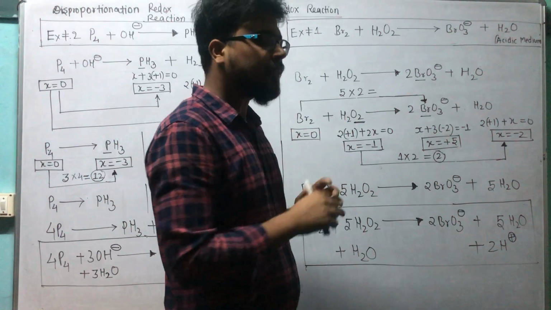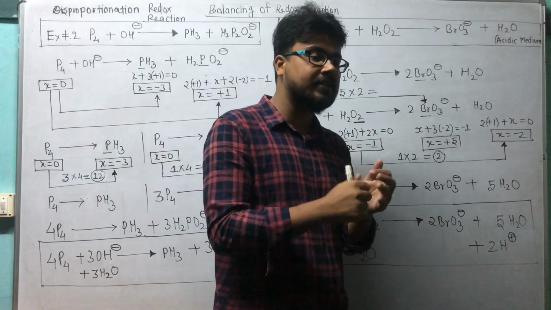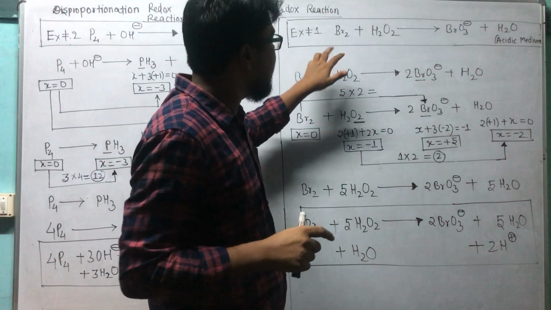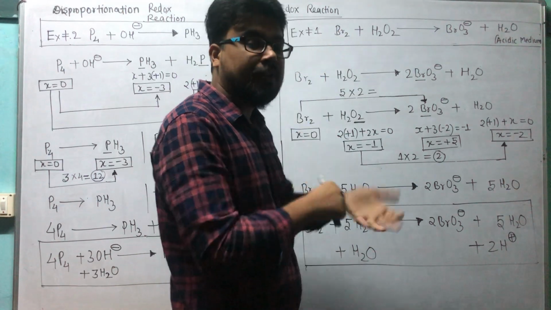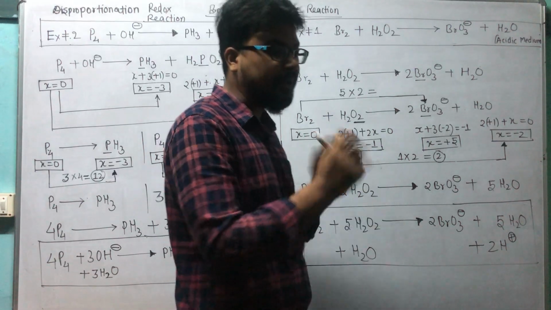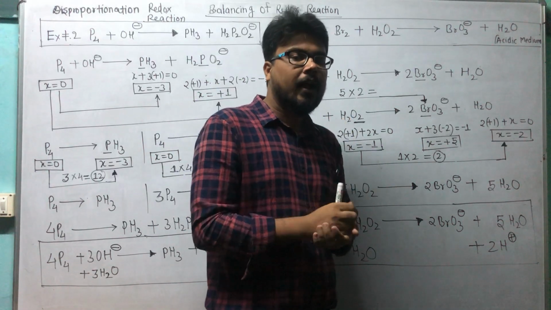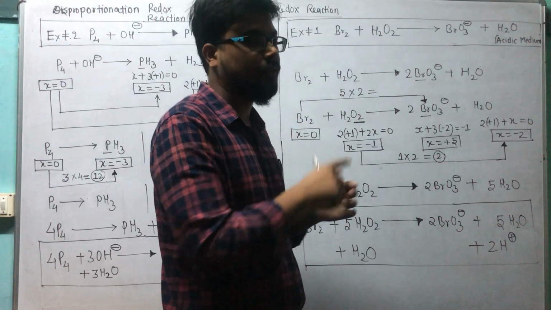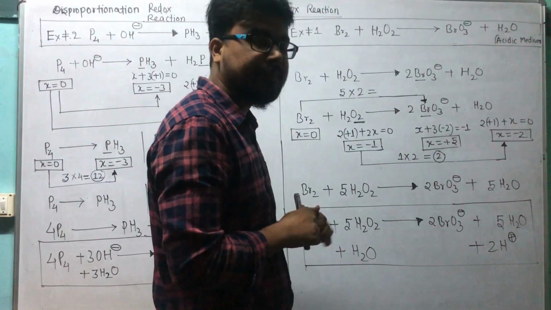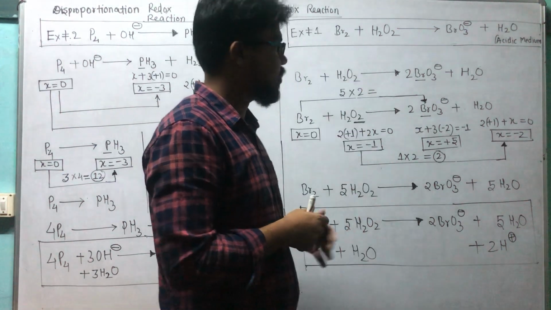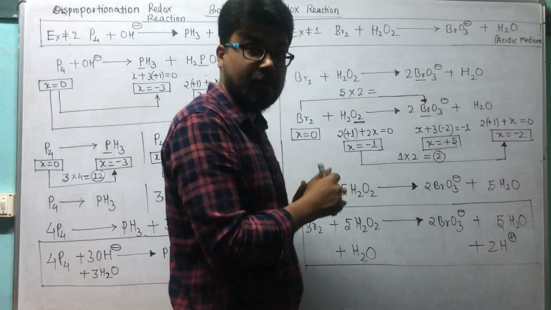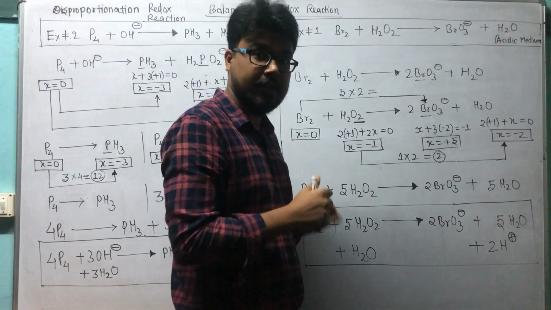It means a simple reaction. But how it is twisted, how it is conceptual, and why her answer is not coming, I can explain. Here, except hydrogen and oxygen, only one element is there which is oxidizing or reducing. In my previous cases, except hydrogen and oxygen, there were two elements, one oxidizing and the next one reducing. But here, only one. So how will we manage the solution? So see here, as it is, we will write the equation, and I am using a shortcut also. Here the shortcut is valid, correct?